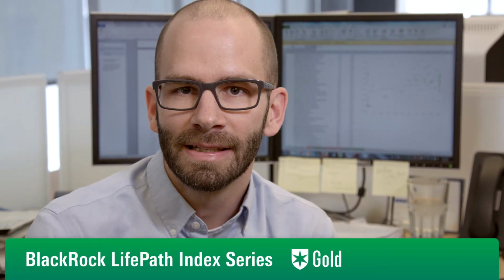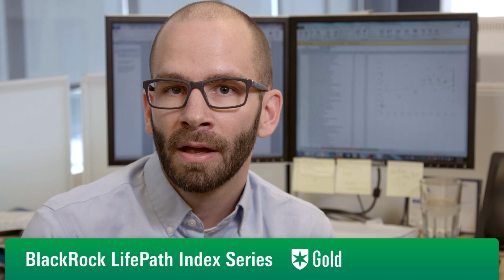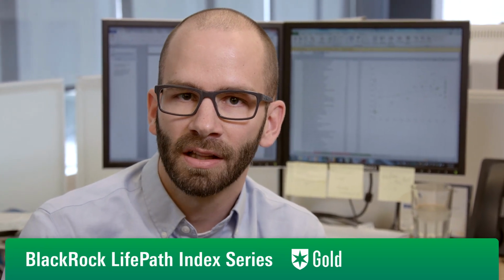The BlackRock LifePath Index target date funds are a solid choice for investors looking for an all-in-one solution for their retirement savings. While the funds have only been around since 2011, BlackRock's history with target date funds goes back to the 1990s. And while these funds might be considered passive because they invest in index funds and ETFs, BlackRock has consistently applied a research-driven, proactive approach in designing the glide path and in selecting the underlying asset classes for the